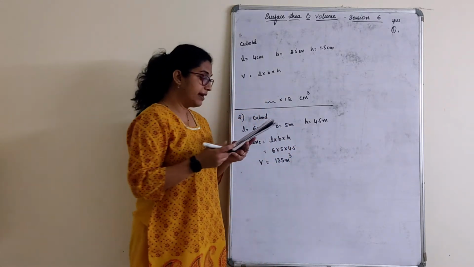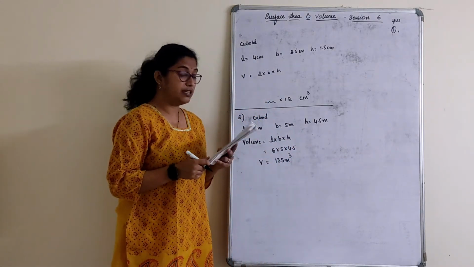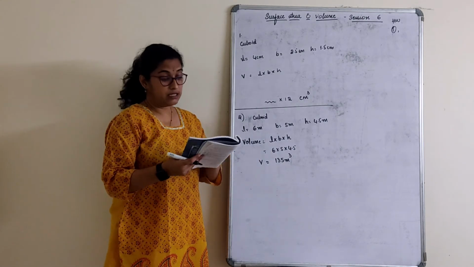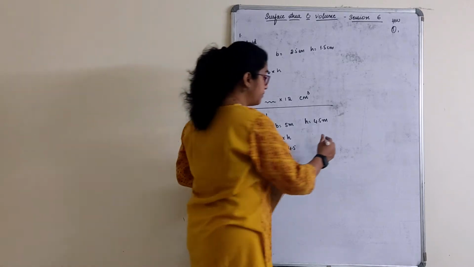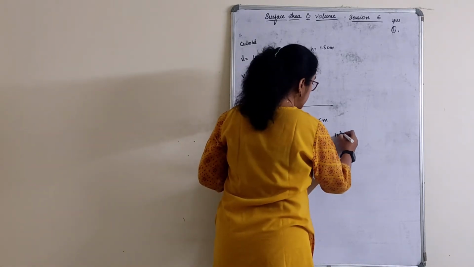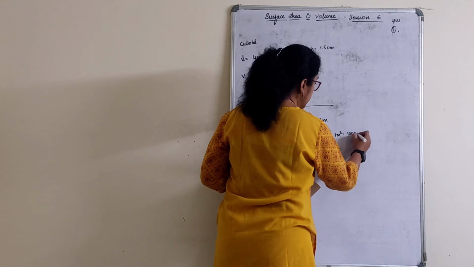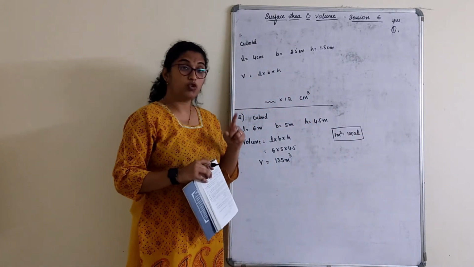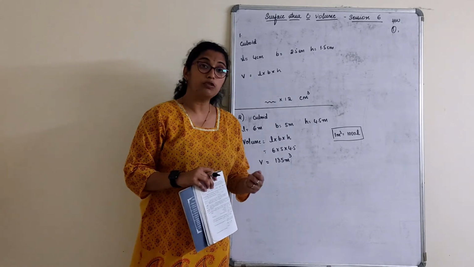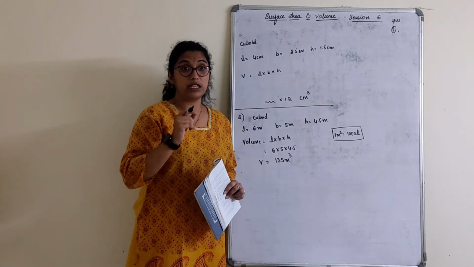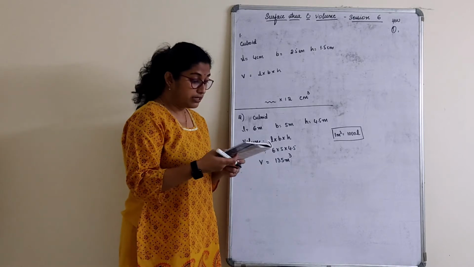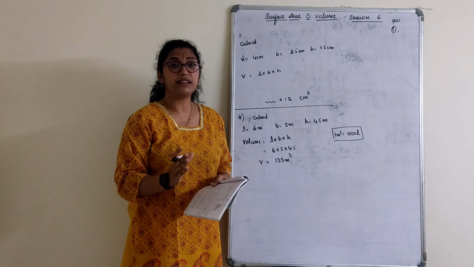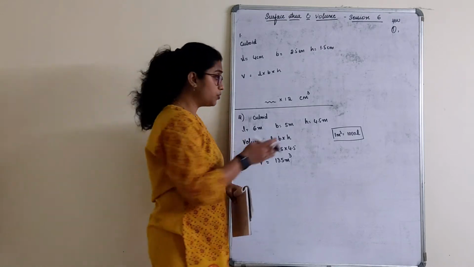Now here we have to get the answer in terms of liters. Convert meter cube in terms of liters. Conversion is given here. What is that conversion? 1 meter cube is equal to 1000 liter. This conversion will not be given in the exam, in the question paper. You should remember this conversion. But how do you know you have to convert? They will ask you how much water it can hold in liters. At that point of time you have to convert in terms of liters. Otherwise keep it in meter cube only.